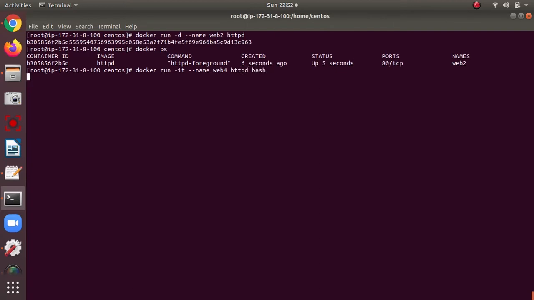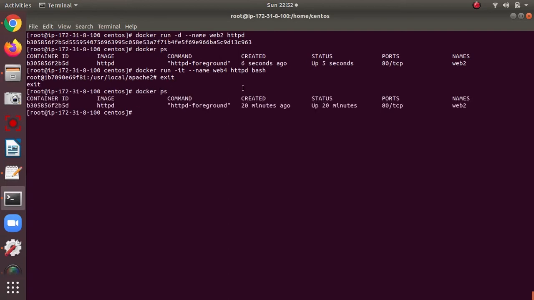Previously, when we got into the container and exited, the container process stopped. So how can we achieve that when we come out of the container it stays in running mode? Let's take a look.